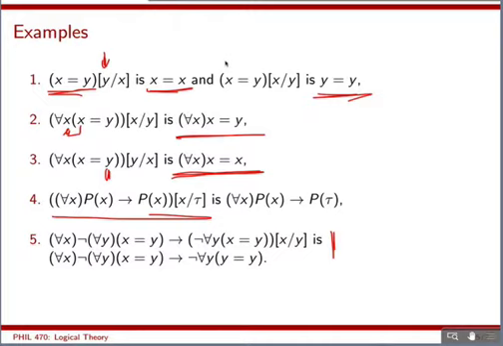So here, this for all x binds this quantifier x. But in this case, this quantifier here is not binding this variable x. So when we replace x with y, we can't replace it here because x is bound by this quantifier, but we can replace it here because x is free. Okay, so this says